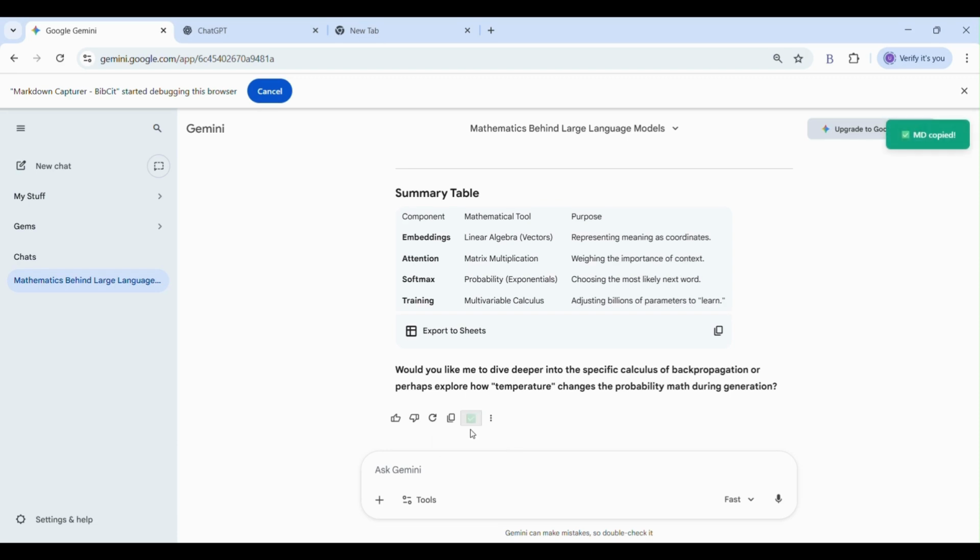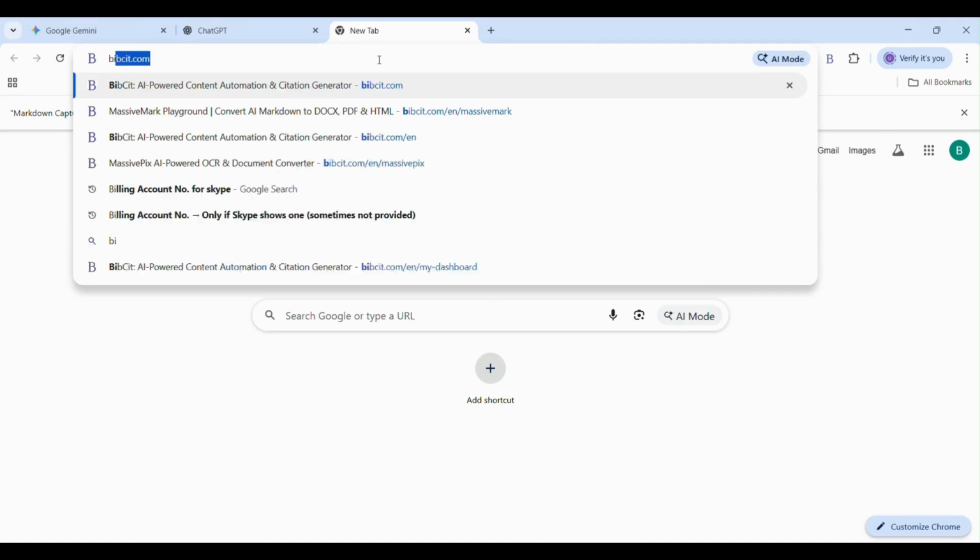And once you hit that, there will be a green tick mark like you can see here, and an "MD copied" message will come up. That indicates that you have successfully captured and copied the markdown of this Google Gemini AI response. Now, once you have clicked the copy markdown button, I'll just do it again for you like this. You will simply go on to